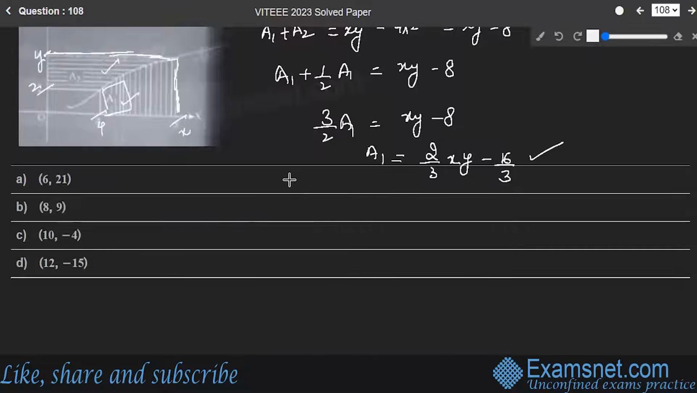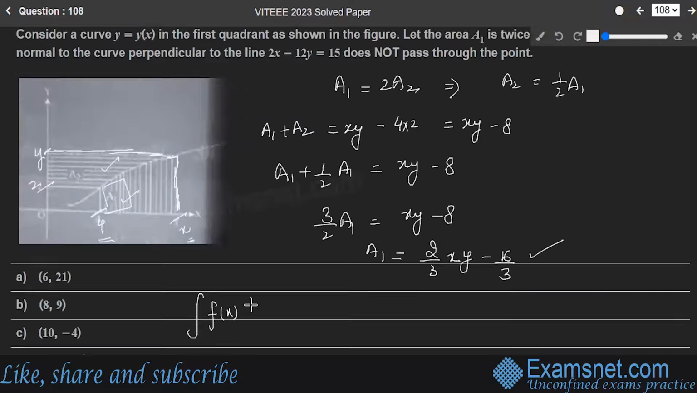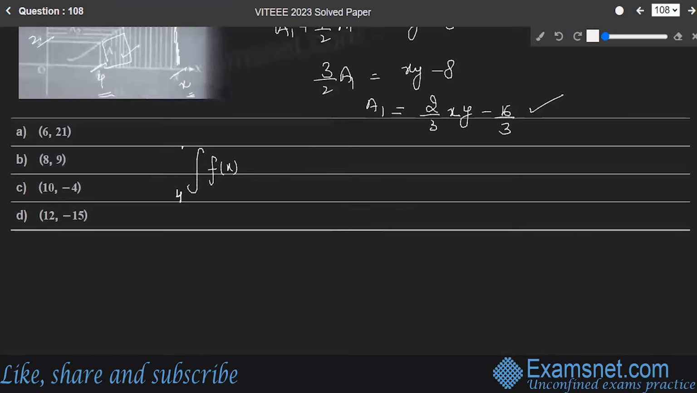Now let's take the integral on both the sides. The limits are from 4 to x. So integrating both sides, integral of f(x) dx from 4 to x is equal to 2 by 3 xy minus 16 upon 3, because this area A1 is the area of this portion from 4 to x, right? Now differentiating both sides,